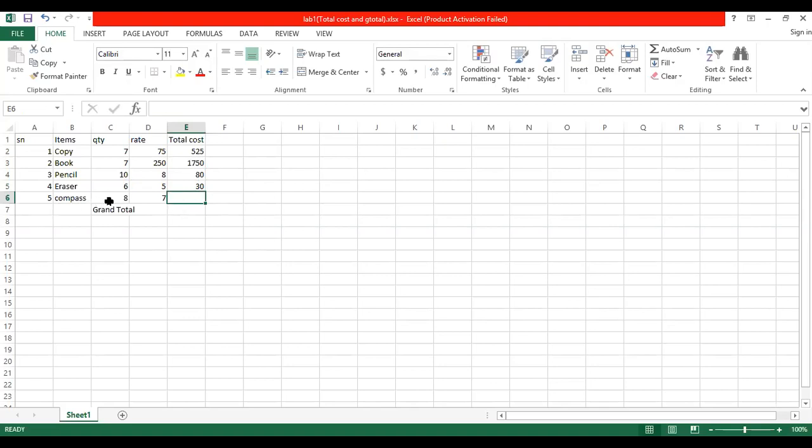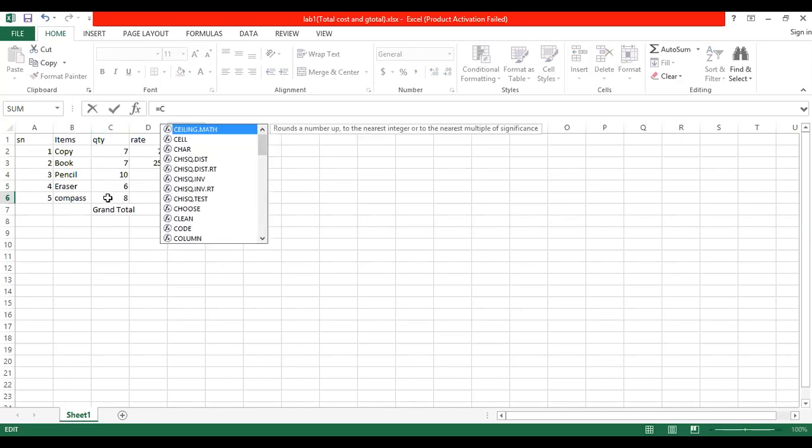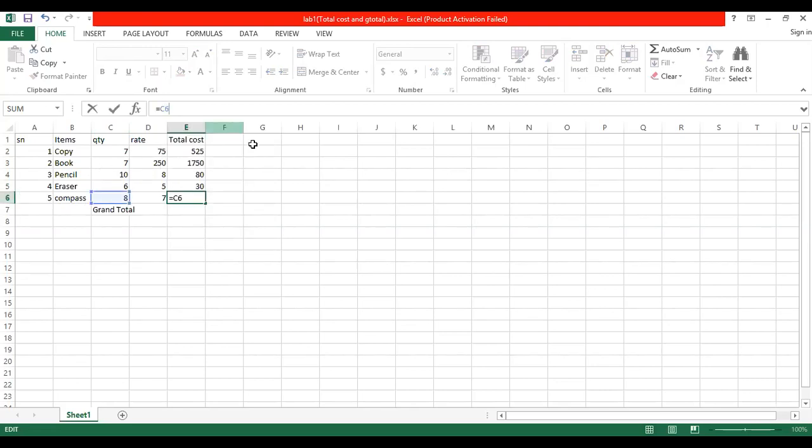Like that, if you buy 8 compasses at the rate of 7, how much do you have to pay? You will do equal to sign, then the cell address of 8. What is the cell address of 8? That is column C and row number 6. You will do C6 into, then 7.